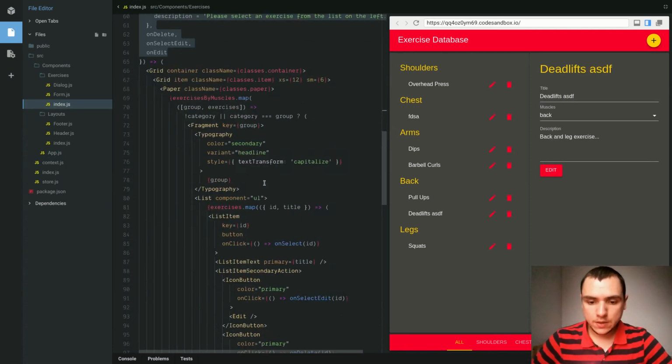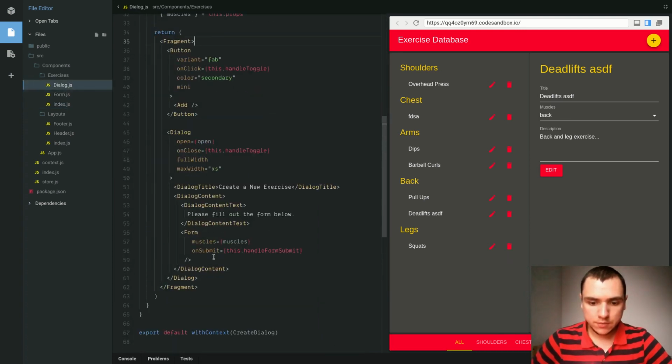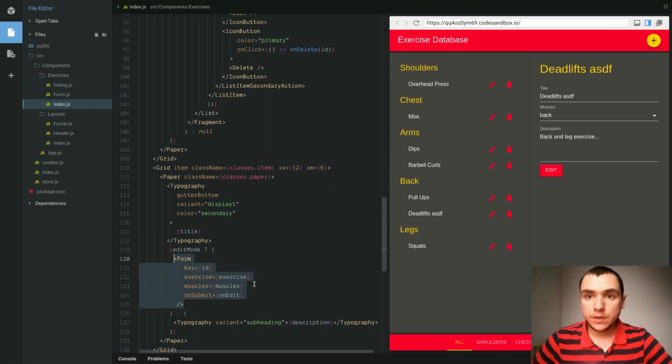Now we'll still have to pass down the properties to the form component. That's because we have the form component in 2 files. One of them is the exercises component, the one you're seeing right now. We also have the form inside of dialog, and we're actually passing different properties in different cases. So I think what I'll do is I'll keep those 2 properties as they are because they're going to change based on where the form is being used. Other than that, every other component uses